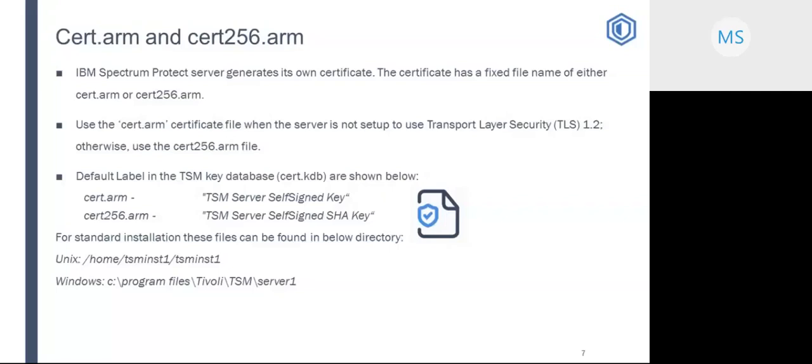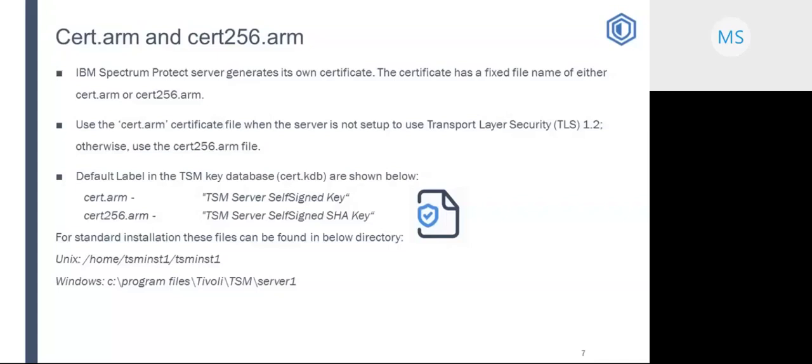CRT.ARM indicates that the label is TSM server self-signed key. For CRT256.ARM, the label is TSM server self-signed SHA key. For standard installations, these files can be found in the below directories for Unix and Windows.